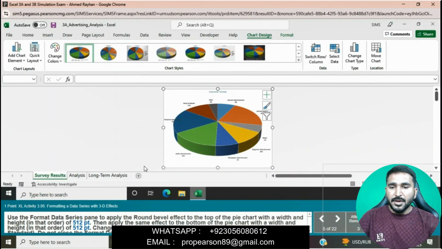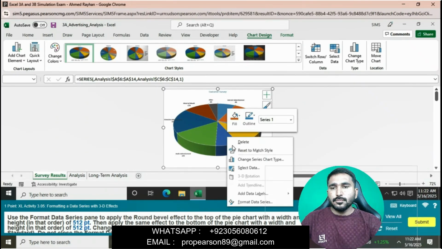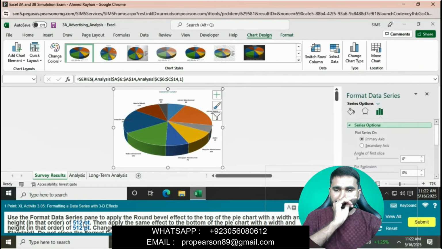Use the format data series pane to apply the round bevel effect to the top of the pie chart with a width and height of 512 points. Open the format data series and apply the round bevel effect.